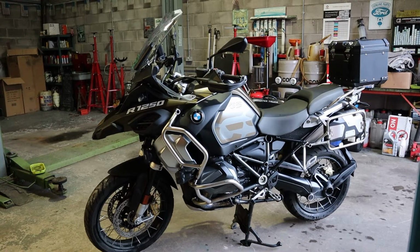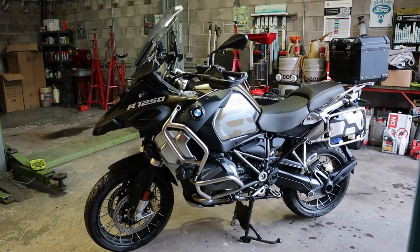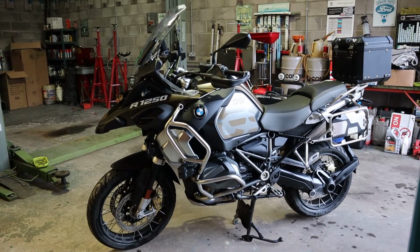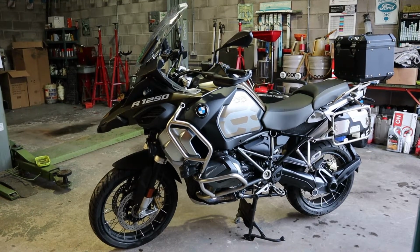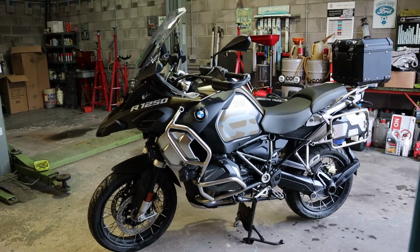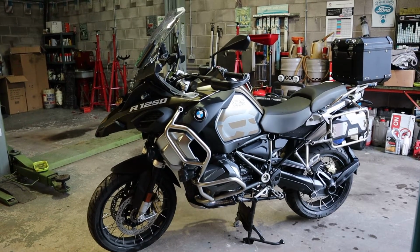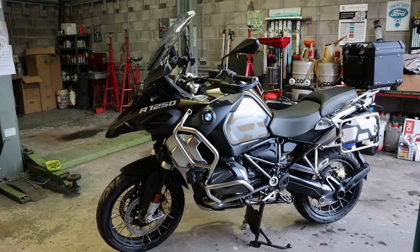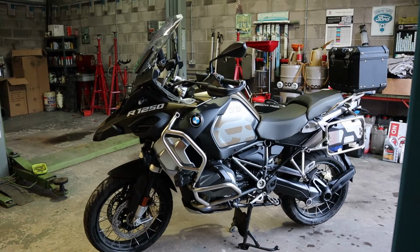Because they're angled right, so that when you've got main beam on, you can obviously see where you're going quite far down the road. Everybody's flashing you. It's doing my head in. You're riding along, and every single car is just pissed off with you. So you just got to turn them off, or turn them right down, so that, here's an idea. Let's put a £1,000 set of lights on my bike, pretty much, and then turn the intensity right down so that